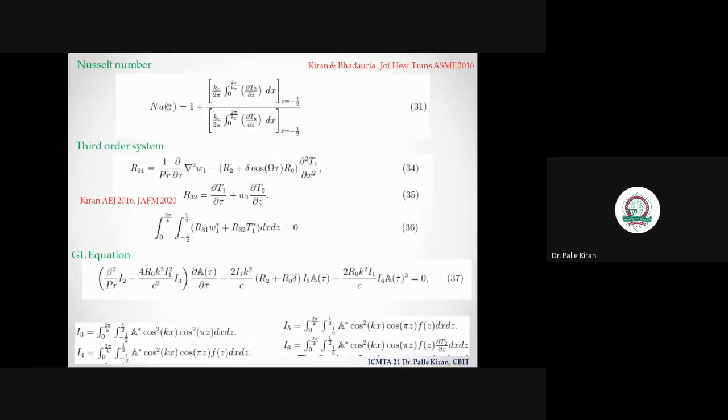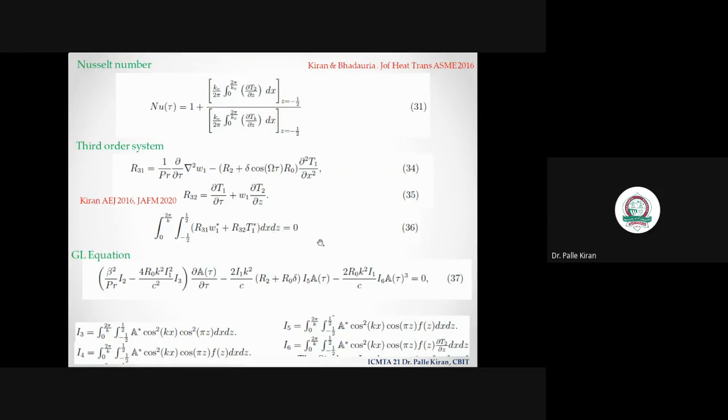Now, at second order, we have the Nusselt number, which measures the heat transfer in the medium. And up to third order, we are going to find the exact solutions, and we are going to find a condition for existence of a solution. You see here, equation number 36, it's a solubility condition. You can check the papers of Siddheshwar from Christ University. So this relation gives a condition for existence of the third order system.